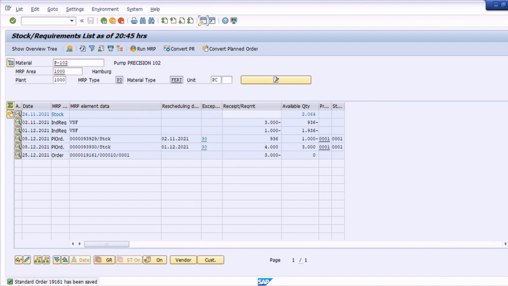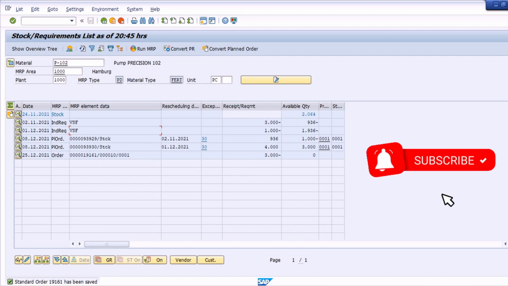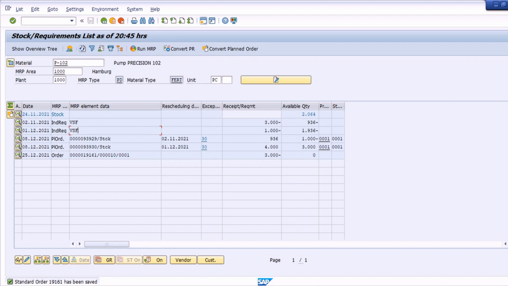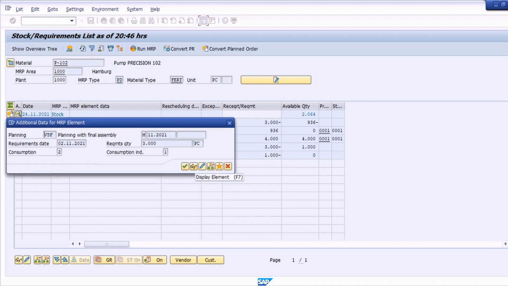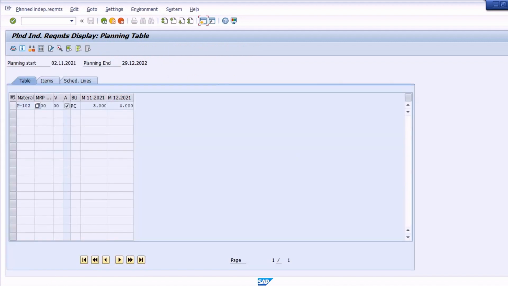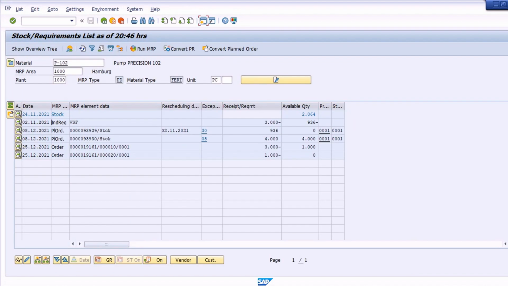What we expect is to see a line item 20 in the same sales order with a quantity of 1000 pieces, and the PIR in the month of December should be reduced, consumed. I'm going to refresh. So now you can see that the independent requirement in the month of December has been removed, and only the PIR in the month of November is open now. So that is how the planning strategy 40 helps the planner to perform his planning. So that's how the planning strategy basically works.